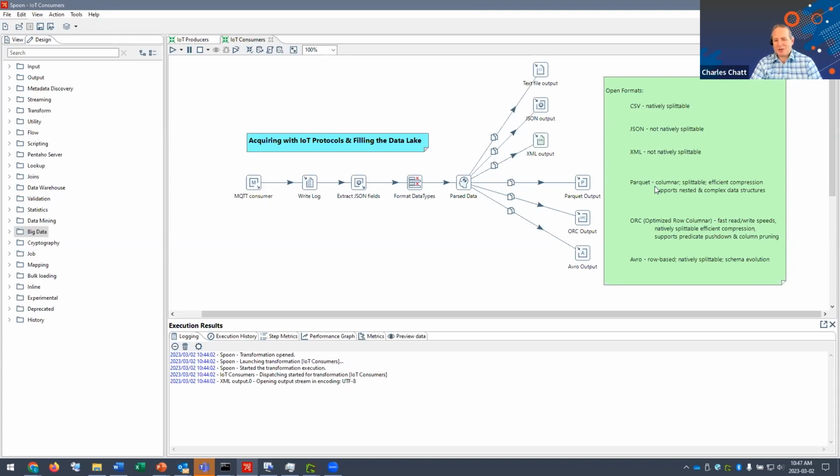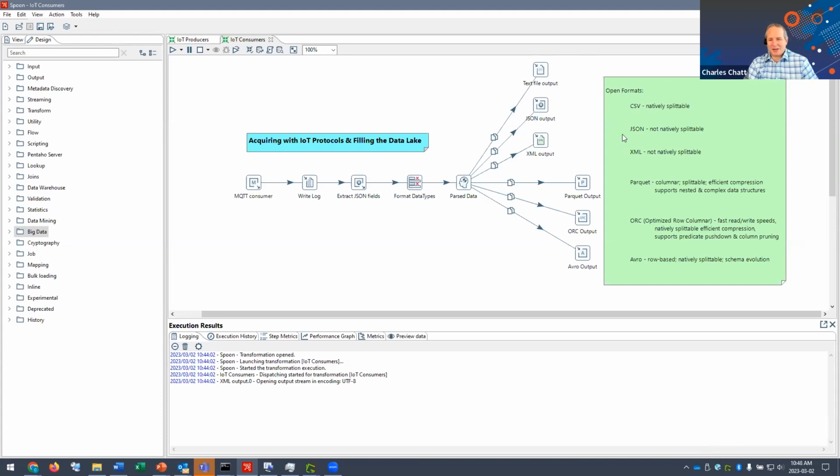All right. So these newer formats here on the bottom are where we see companies going. I mean, everyone loves their CSV. I can open it up in Excel, or JSON, but if you're processing large volumes of data, that becomes a bit of a problem. The idea being, I want to put that data out in my data lake in a format that is accessible by the largest number of tools. Okay.